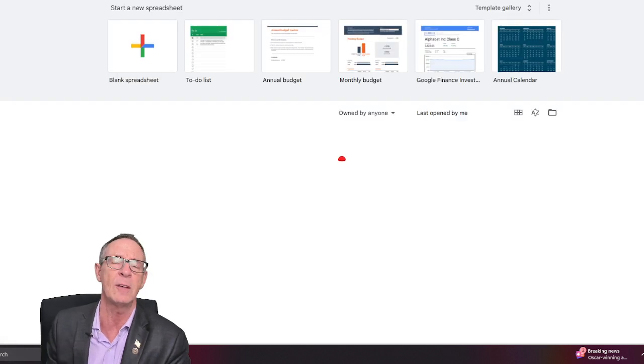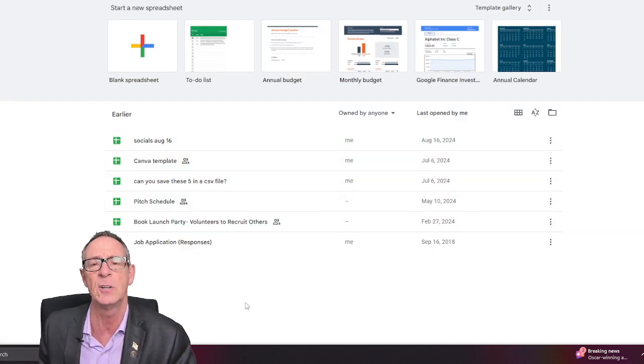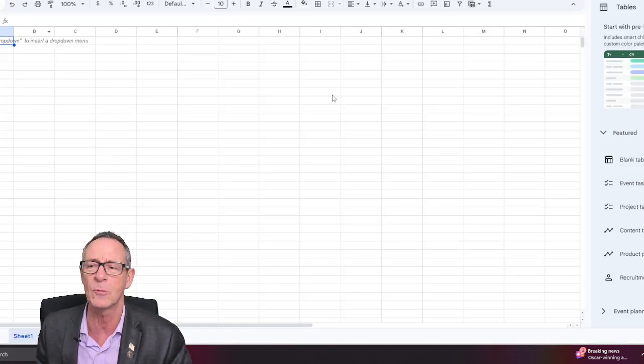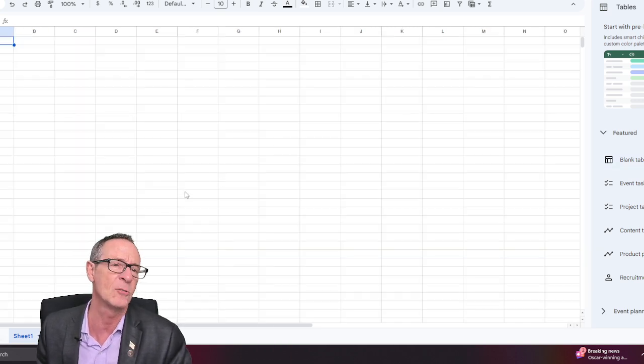sheets.google.com, you guessed it, folks, and here is all your spreadsheets. Everything you need for a spreadsheet you can do right through Google. I want you to see this. It looks almost exactly like you were looking at an Excel spreadsheet. And they got some cool stuff built in using AI as well that you can use if you have a